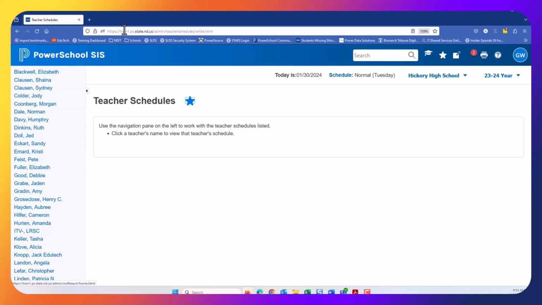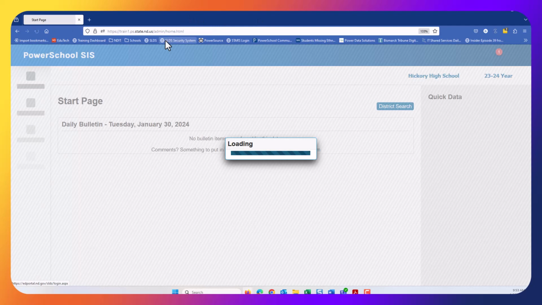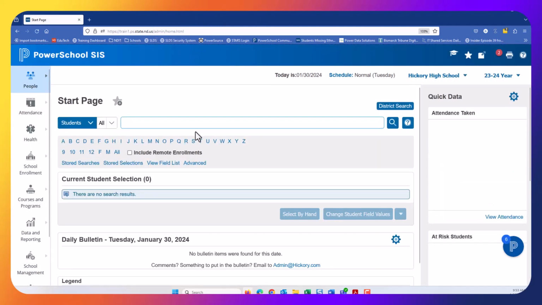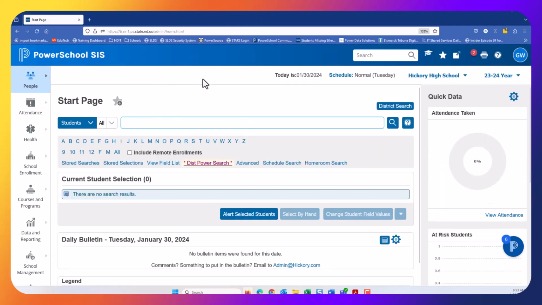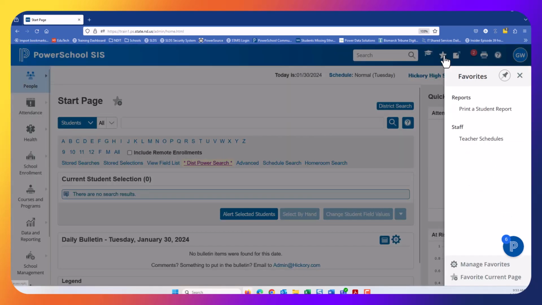So now, if I'm back at my start page and it's 2 days later, later on that day even, and I got to look at some teacher schedules here. I'm going to come up here to my favorites menu, teacher schedules. Right there it is. That's really handy. Okay. Reports,